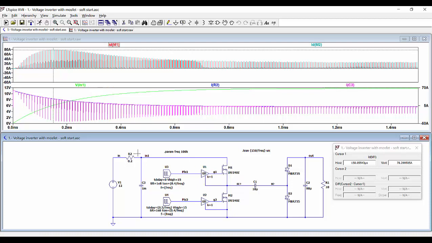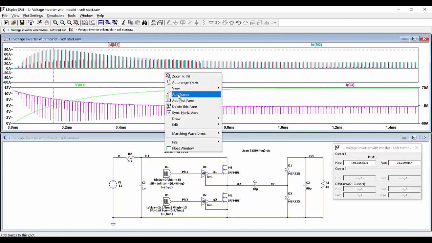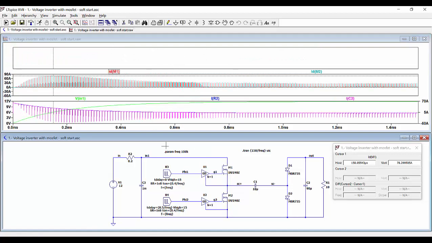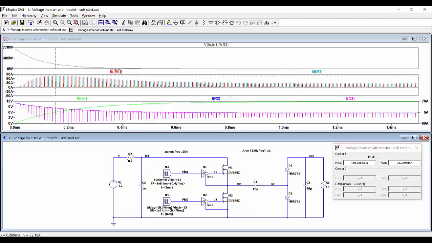Of course, we are going to have some losses here due to the effect of this series resistance. Let's calculate the losses that we are going to have. For example, here we are going to add another pane and represent here the instantaneous power that we have in resistance R2. For this we can press the Alt key on the keyboard and then click,